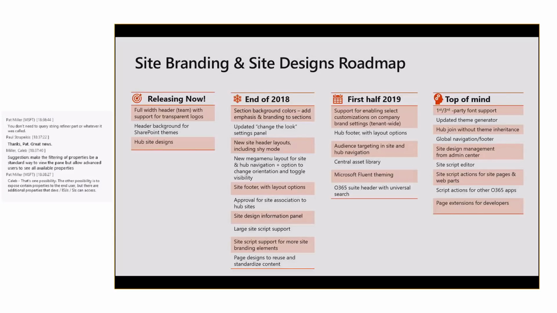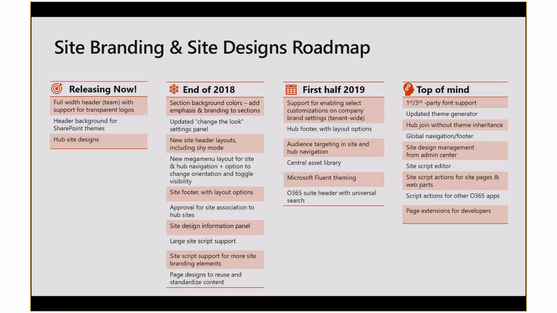But the main thing that we're doing in the branding space is just adding more settings and capabilities to expand beyond just setting custom themes. We're bringing a lot of stuff into the header, a lot more flexibility there, including, for example, we just went 100% with header backgrounds, which is the ability to put a strong or a light or a gray emphasis on the header background, just to bring a little bit more pop and visual break in the page. We're also bringing a lot more capabilities into the header in terms of settings, in terms of being able to hide or toggle